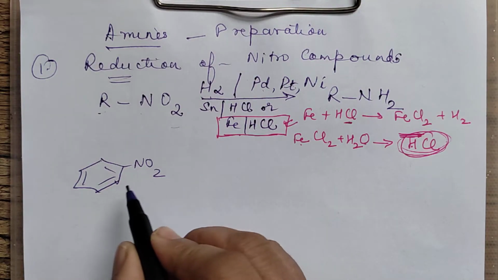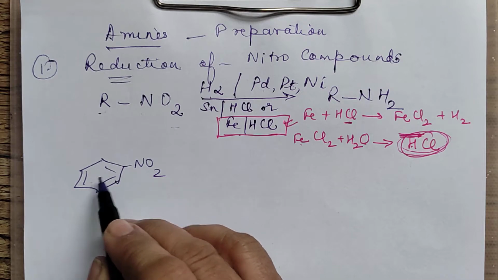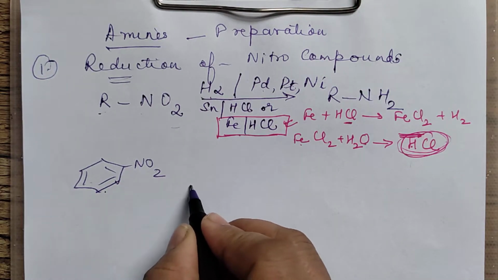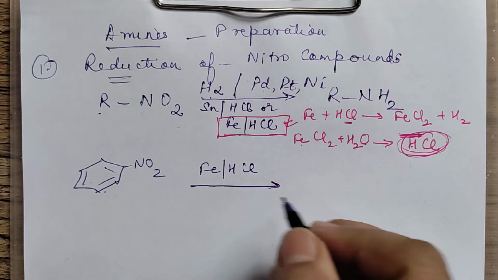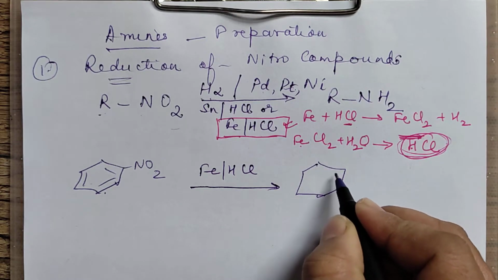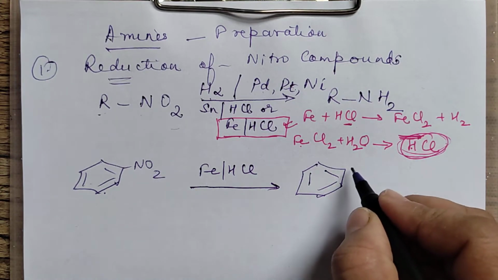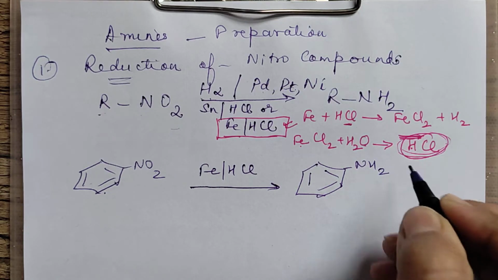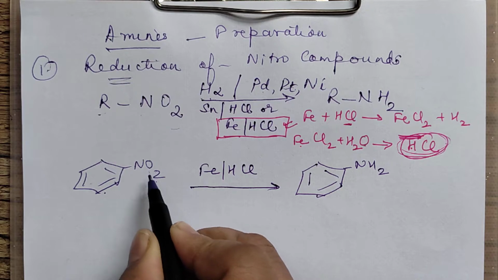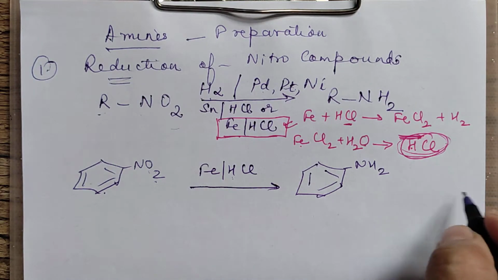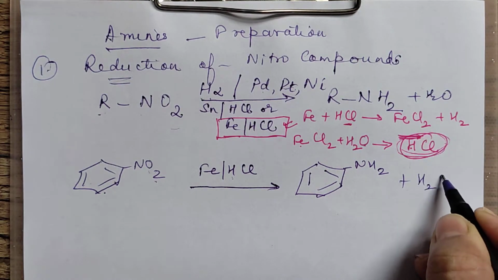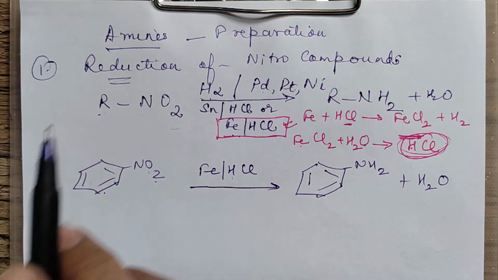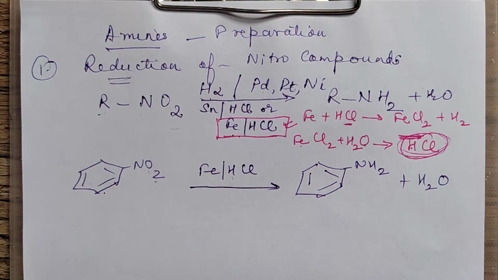Fine. Now in case I am using nitrobenzene and I am using here Fe/HCl or Sn/HCl, you will get a similar product. Instead of NO2, you will get NH2. What will happen to this O here? That O with the excess of these hydrogens will form water. So here water also will be formed as one of the products. It will give nascent hydrogen which will react here. Fine till here. Now the next reaction we are doing,